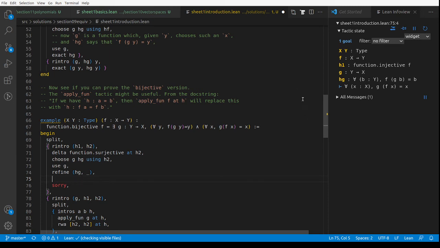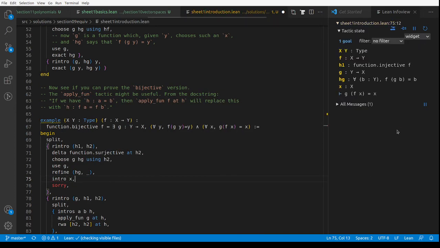And so now here's a little bit of a puzzle, right? We know that f is injective, and we know that for all b in Y, f of g of b is b. And now we want to prove for all x in X, g of f of x is x. So we better start by intro x, so let little x be an arbitrary element of capital X, we've got to prove that g of f of x is x. And I guess, you see, all we can use is that f of g of b is b, right? That's the only thing we know, basically. And we're going to apply that to an element of Y, and the only element of Y we can make